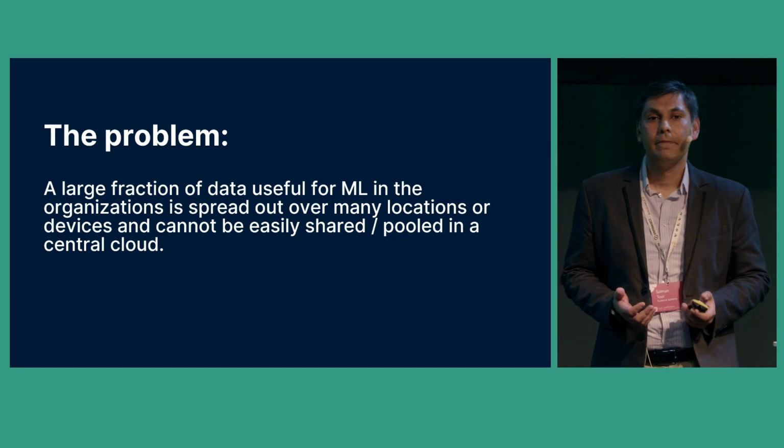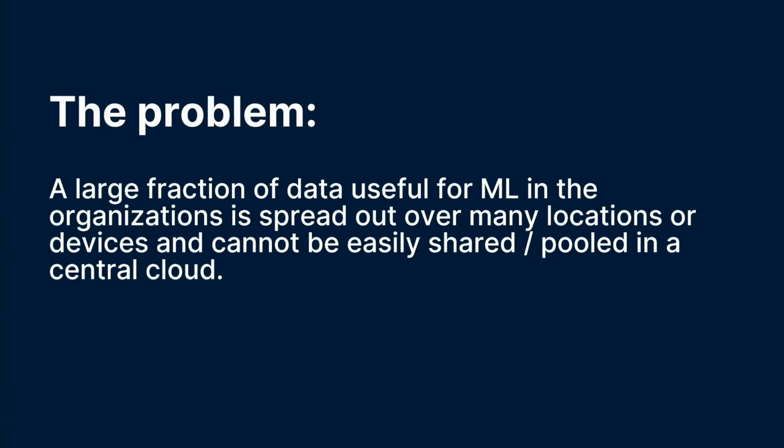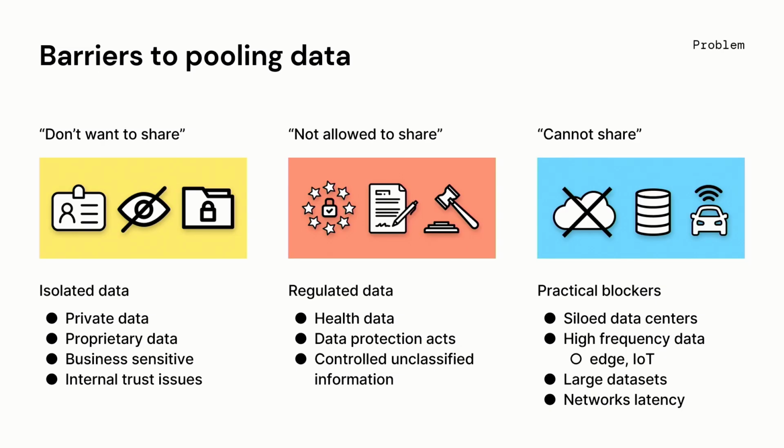things have changed. The whole idea of pulling the data down to a single location for running the training process is starting to become more challenging. And it becomes more challenging for many reasons, barriers. First of all, if the data is private, it's difficult to just collect it in a single place. Second,